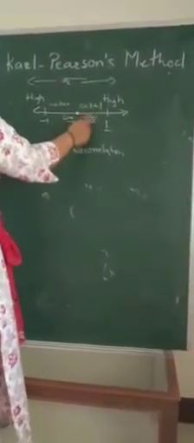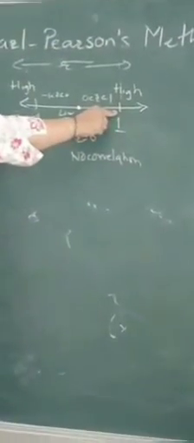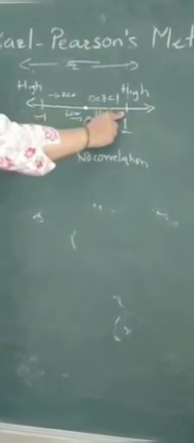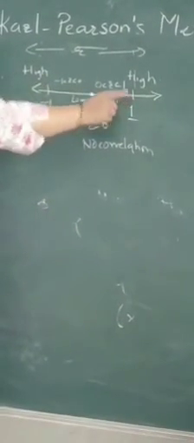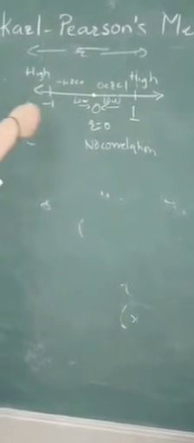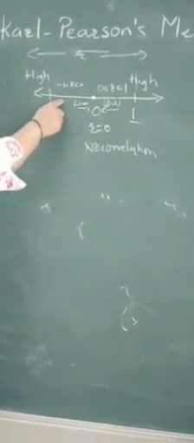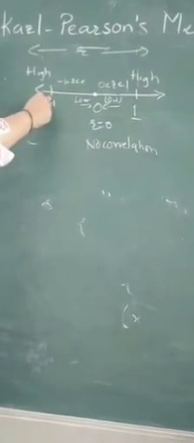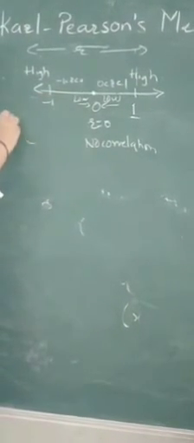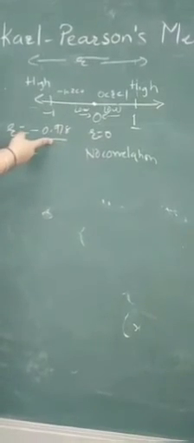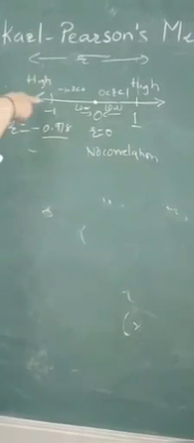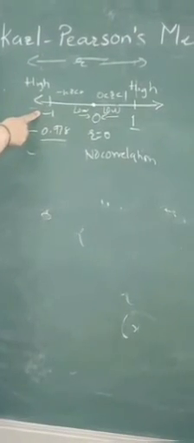Now, if the value of r is towards 1, then again it is a high degree of correlation, but the type of correlation will be a partial correlation. Similarly, on the other side, if the value of r is towards -1, again it is a high degree of correlation. Suppose I am getting an r value of -0.978. This is towards -1, so again it shows a high degree of correlation towards -1.